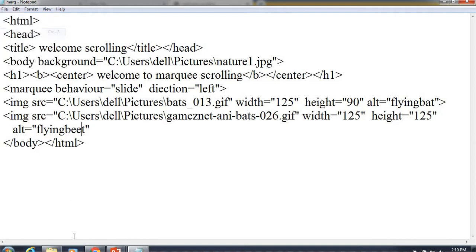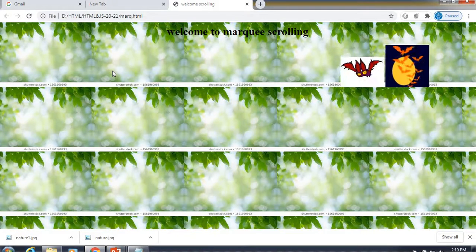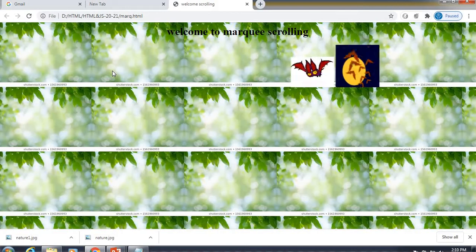So let's have the changes on the web page. So these are the two images scrolling together.